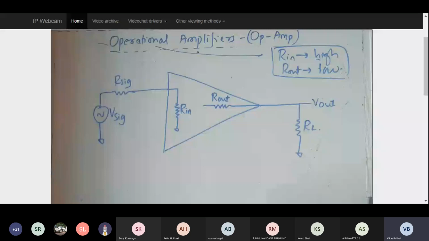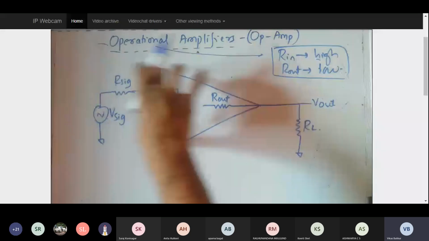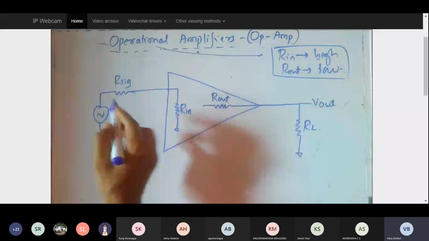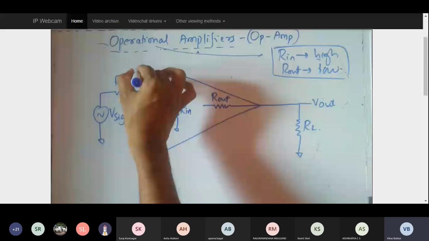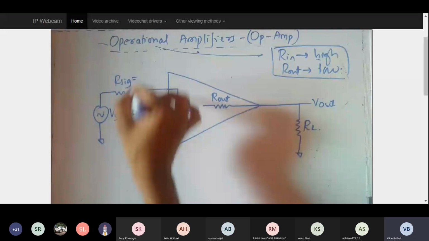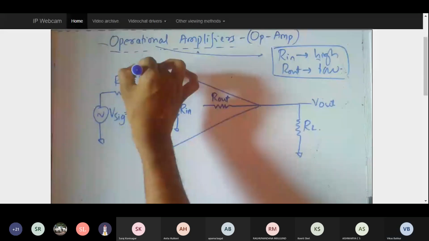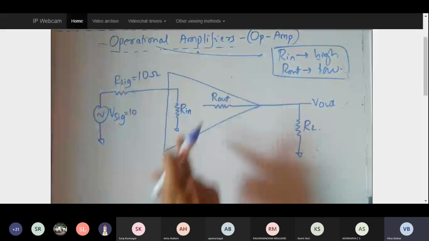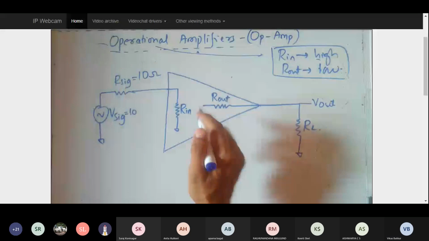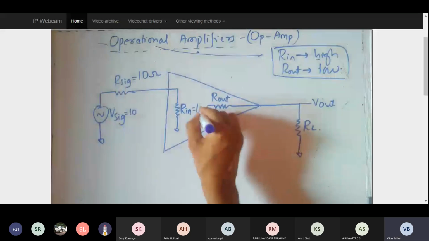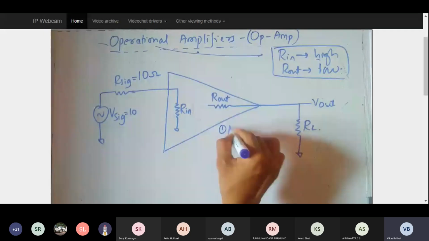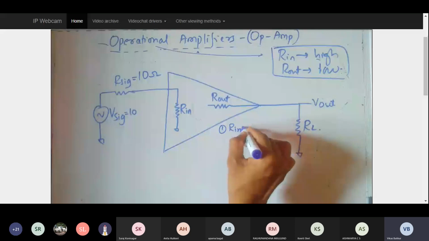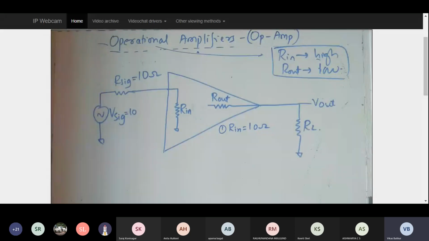Now let us try to understand at the input side. Okay. Let's try to give the value 10 volt. And the internal resistance of the voltage source will be always less. It will be always less. So let us consider it as 10 ohm. And I told R in should be very, very high. Let us try to consider R in equal to 10 ohm to begin with, or I'll take this way. Different cases. For first case, R in equal to 10 ohm anta ತಗೋತೀನಿ. Now let us try to understand what will be the scenario that is going to happen.